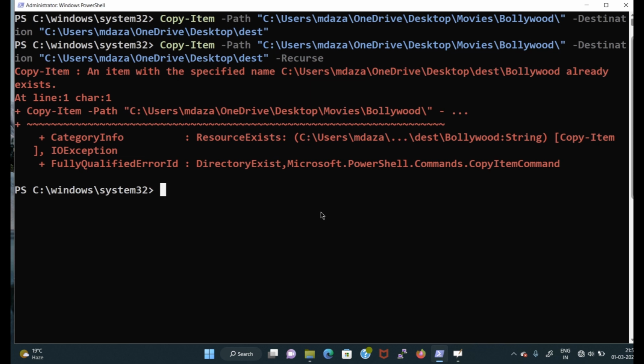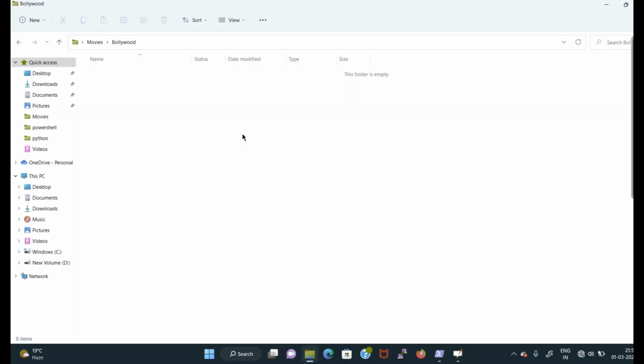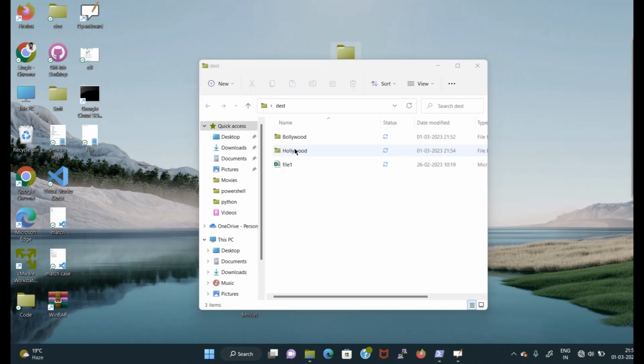Now, instead of copying, I'm going to use Move-Item. So you have to use a path, and inside the path you have a folder inside Bollywood, and I'm going to move it to the destination. Inside the destination there is a Hollywood folder, so inside the Hollywood folder I want to move this folder. Hit enter. If you see here, the Hollywood movie folder has been deleted from the source location. And if you see in the destination location, now you can see inside the